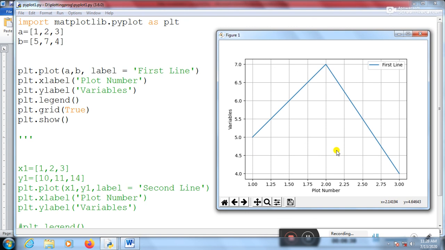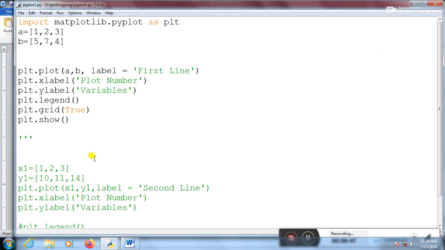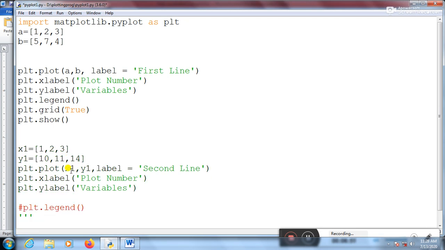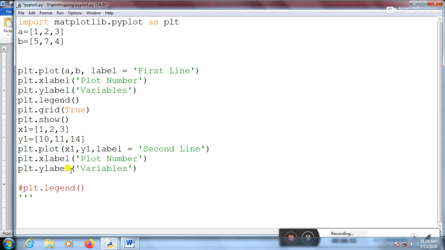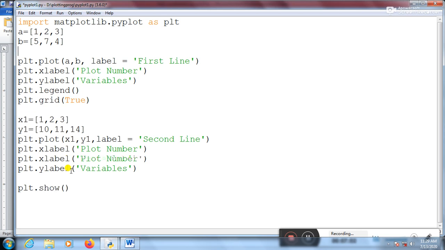Okay, fine, let's see how to add more lines in a graph. So now this is my first data. Now I want to use a second data also. There is a second data. My first data is a, b and the second data is x1, y1.